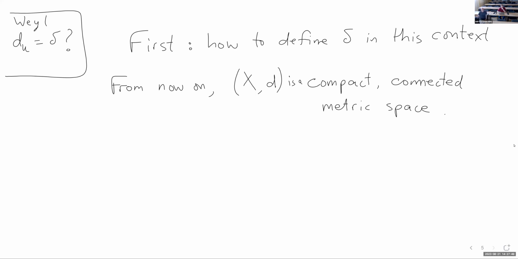Okay, so I kind of gave away the game there. We're going to define this delta in terms of spectral measures. That's what we'll do. X, we might think of this as a spectrum, so it lives in the plane. Then this D would be the Euclidean metric